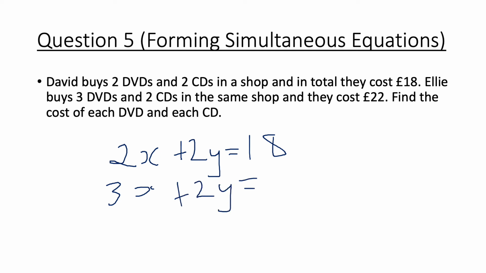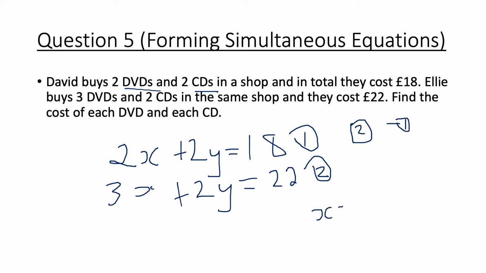So I've formed a simultaneous equation, guys, because there are 2 different variables, CDs and DVDs. Equation 1, equation 2. Now the sign in front of the 2y is the same in both and it's the same number, so I can do equation 2 subtract equation 1. 3x take away 2x is just x. 22 take away 18 is 4. 2y take away 2y cancels, it becomes 0. So x equals 4. So the price for the DVDs is £4